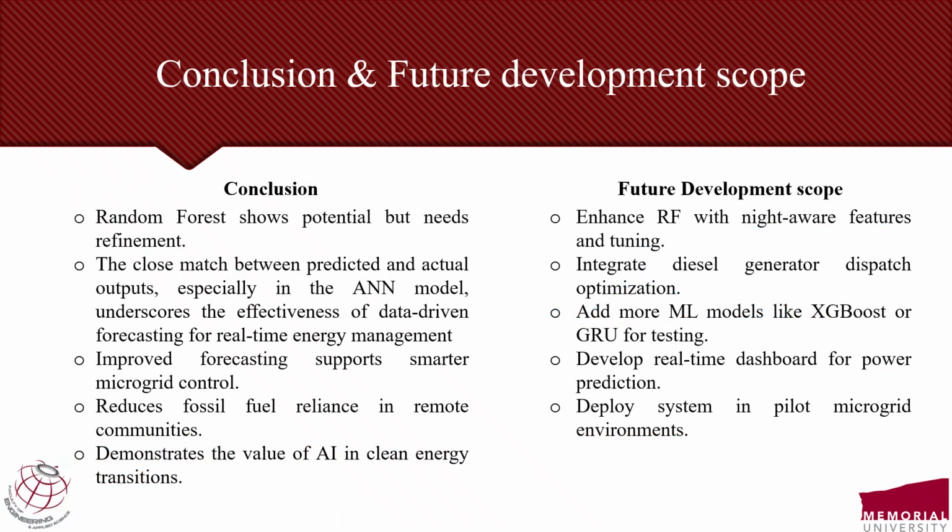In summary, my project illustrates that machine learning, especially ANN, can play a key role in renewable energy forecasting for microgrids. Accurate forecasts enable smarter load scheduling, reduced fuel usage, and enhanced grid reliability, while random forest offers simplicity and speed. This makes it better suited for energy systems influenced by weather patterns. These insights can inform energy policy, guide real time operations, and support remote communities in achieving energy independence.